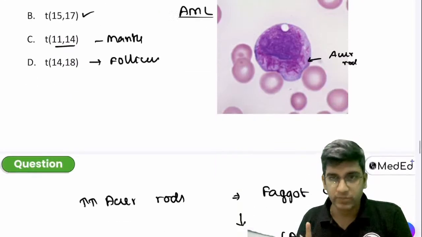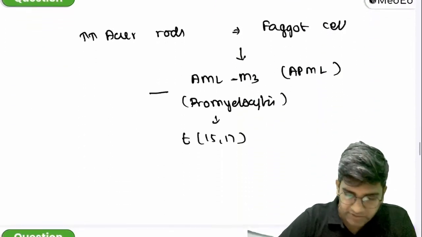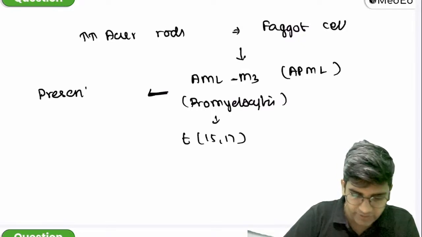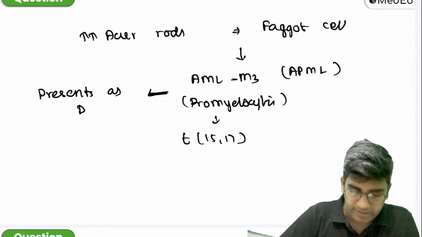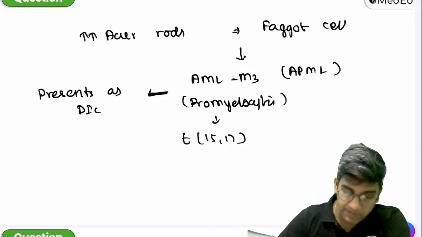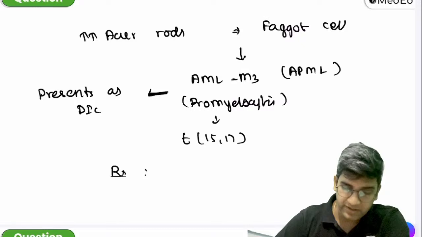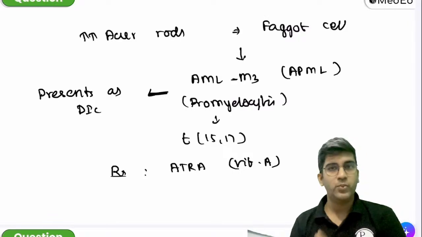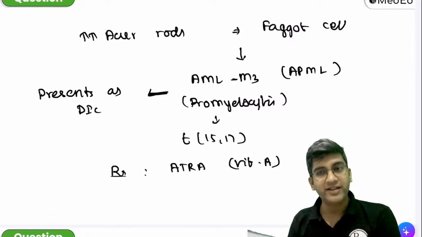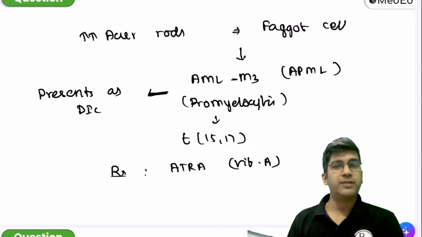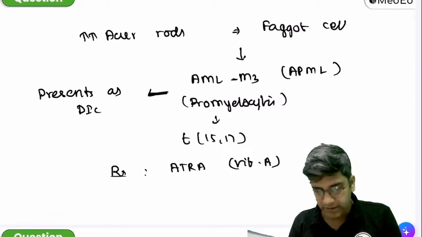There is one more thing which I want you to remember. Acute promyelocytic leukemia is the only leukemia which can present with DIC. It can present as disseminated intravascular coagulation. That also is very unique. And treatment for this leukemia is also unique. Treatment here is ATRA. ATRA is nothing but all-trans retinoic acid, which is nothing but vitamin A. We give vitamin A. Yes, AML M7 can be seen in Down syndrome. This M3 subtype causes acute promyelocytic leukemia. Fine, great.